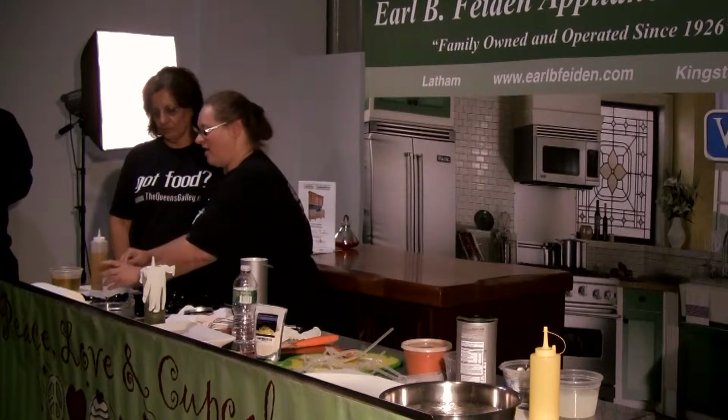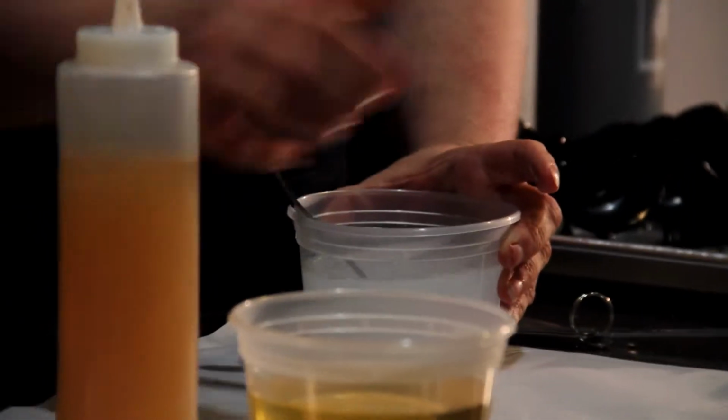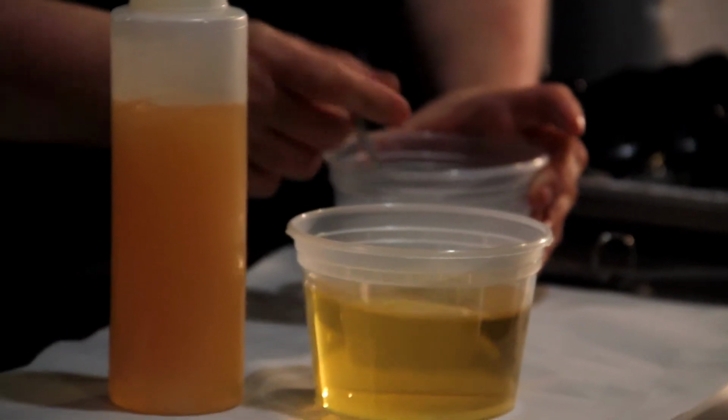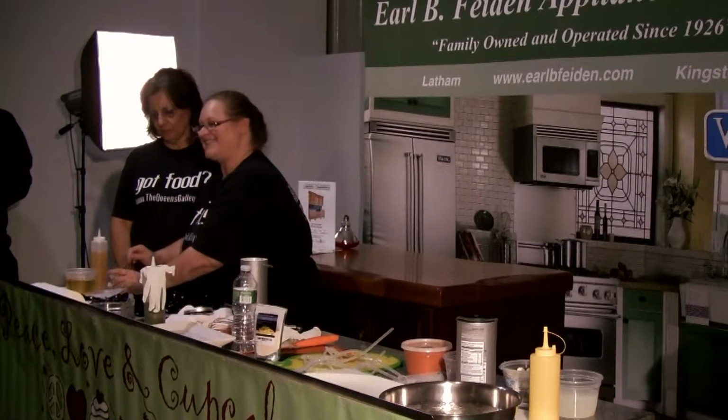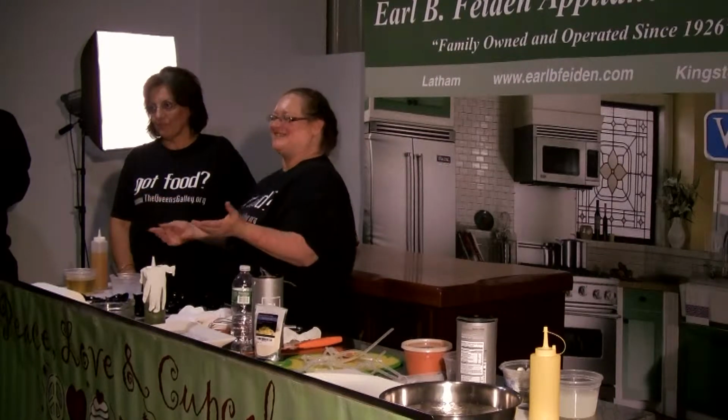I'm going to dissolve the salt so we have a saltwater bath. I already have a cup of juice. You want to use the same juice that you're making the little spheres out of. If I were making this ahead of time for a couple of hundred, although it turns out there may be a couple of hundred here,